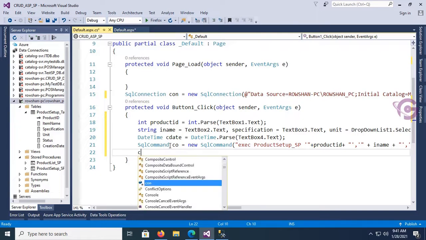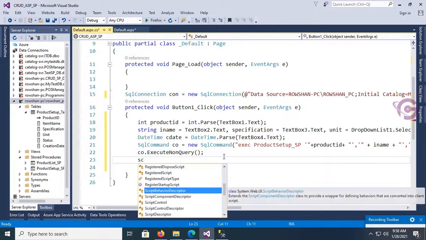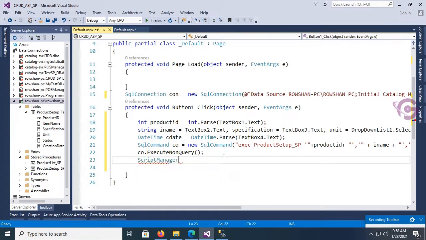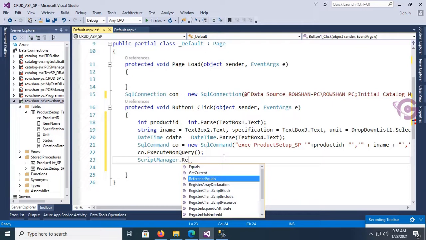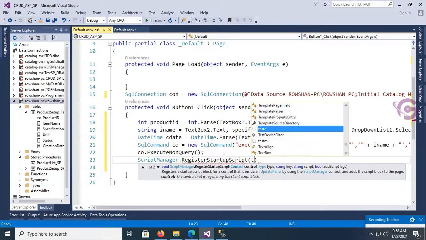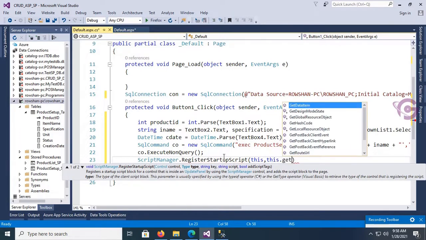Now just co dot execute non-query used to insert delete update operation. Finally it will display a message after successfully executing the operation. So message script manager dot register startup script, then first break, this dot, this comma, then this dot get type,